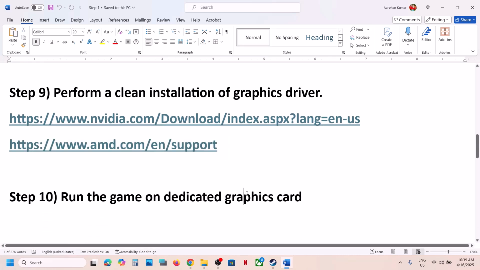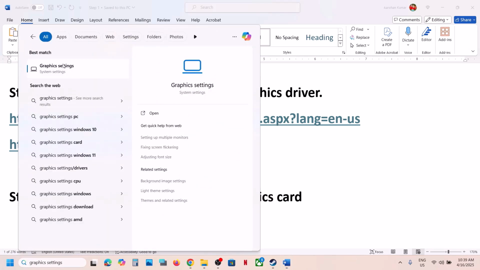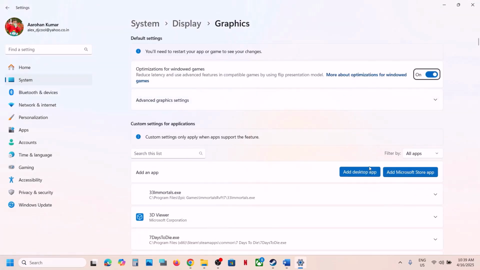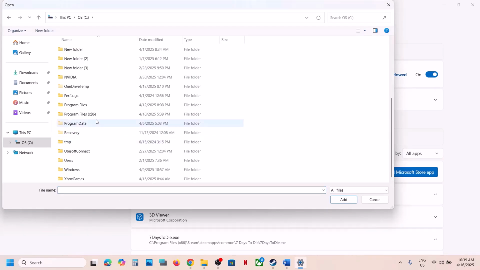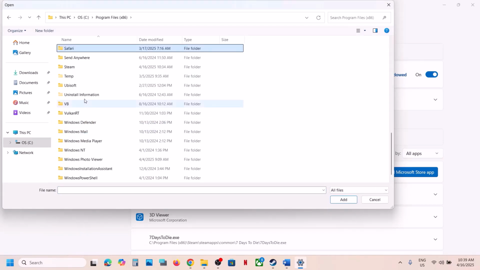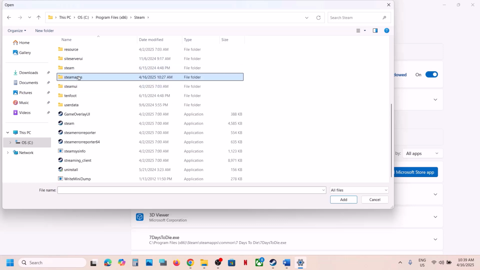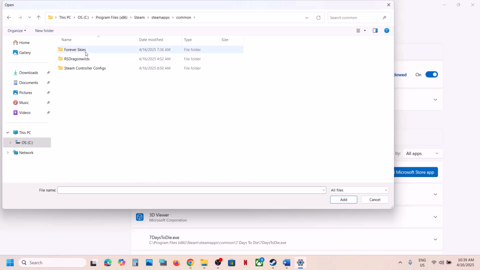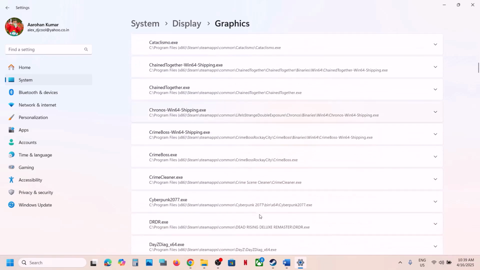Next step is to run the game on the dedicated graphic card. Now for this, type in graphics settings in the Windows search box, click on graphics settings and then click on add desktop app and then go to the game installation folder once again and then open the game folder. And then select the game exe file and then click on add. So once the game is added over here,